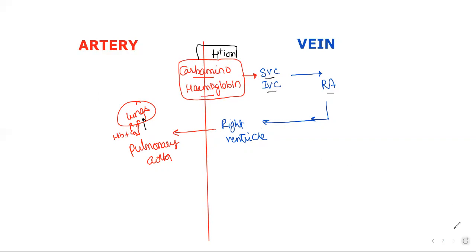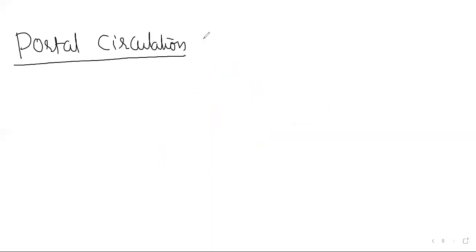Now we are ending up with this particular area with the portal circulation by making a brief on portal circulation. We are ending up the differences between the arteries and veins. That portal circulation is possible for veins or arteries? Veins. Yeah, it's for veins only. Let me show you. It's for veins only.